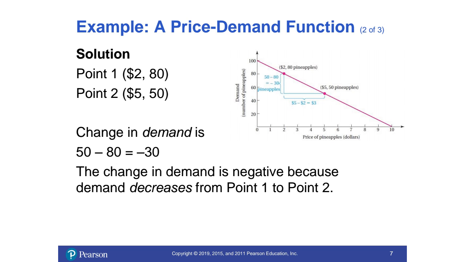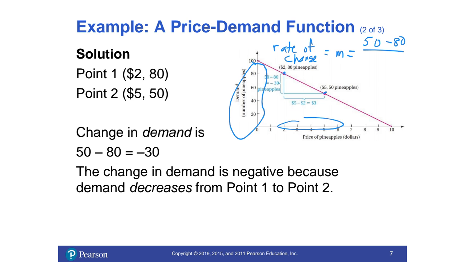So we can think of it like this: the rate of change, which is the slope, is the change in the dependent variable along the y-axis over the change in the independent variable along the x-axis. The change going from the first point to the second point is 50 minus 80, and the change along the x-axis is $2 minus $5. So that's going to be